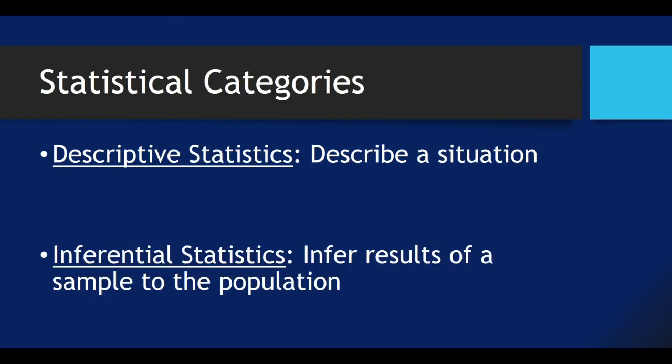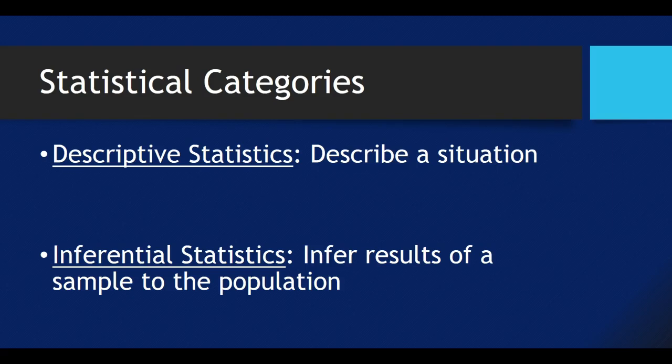All right, so now we're going to break statistics into categories. And by statistics, I mean the study of statistics, all right? And we break this down between descriptive and inferential statistics. So for descriptive statistics, what we mean by that is that we're describing a situation. So we take a situation, whatever it happens to be, and we describe it. Maybe I say, my family has an average height of 5'2".